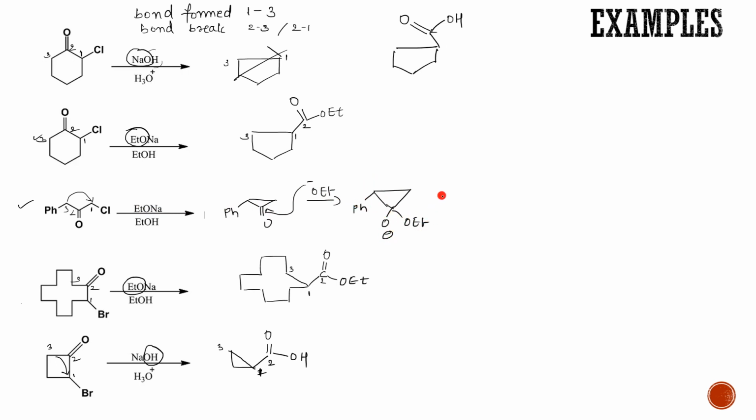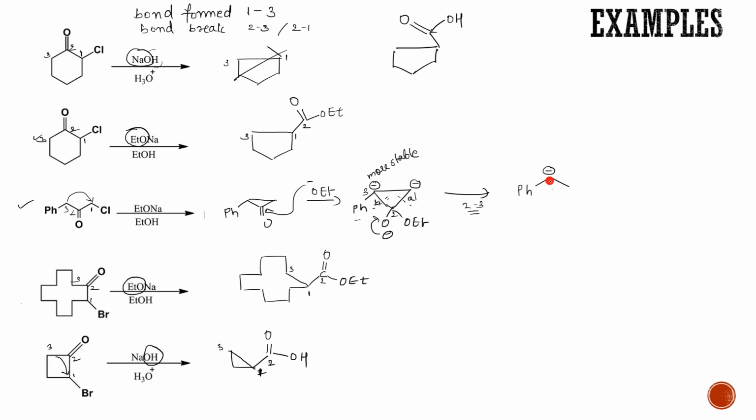Okay, this is your Ph. Now we are going to break it to give you a more stable carbanion, right? Now the negative charge can be formed over here if it breaks at A. If it breaks at B, the negative charge is going to form over here. Out of this, within the structure, you can choose which one will give more stability. Because a benzene ring is attached, this has more stability because of the resonance. Okay, so your bond breaks at B. So if your bond breaks at B, see what is left over here. So B is breaking. So let's say this was my 2, 3, 2, 1. So 2 and 3 bond is breaking. 2 and 3.